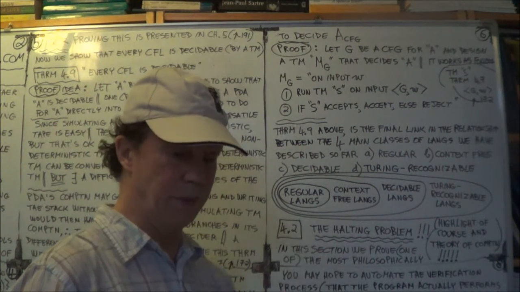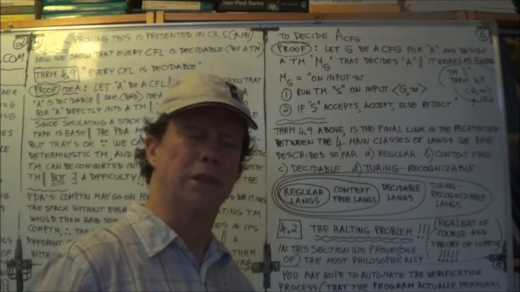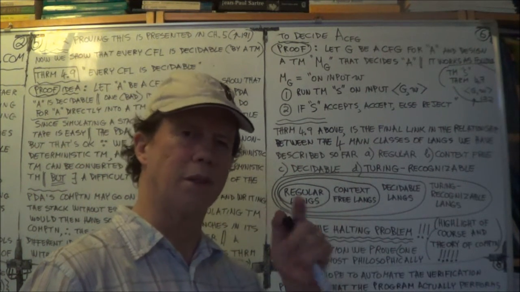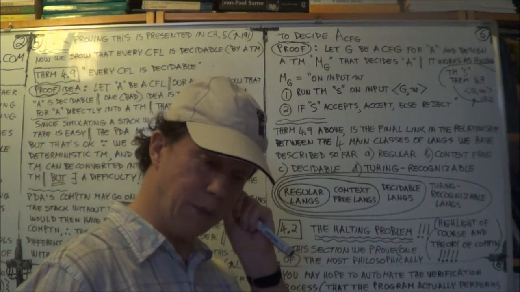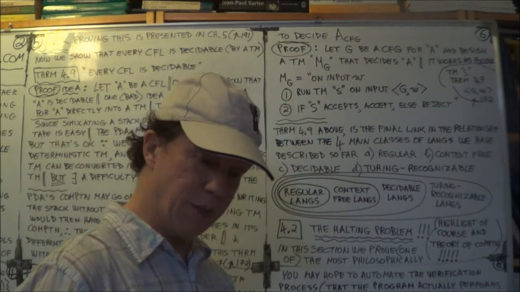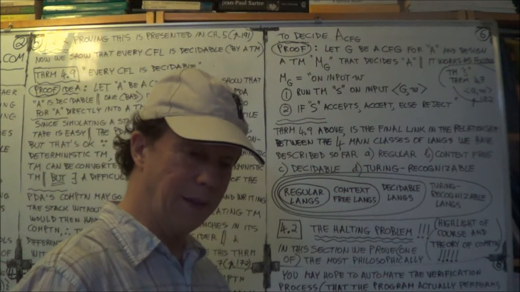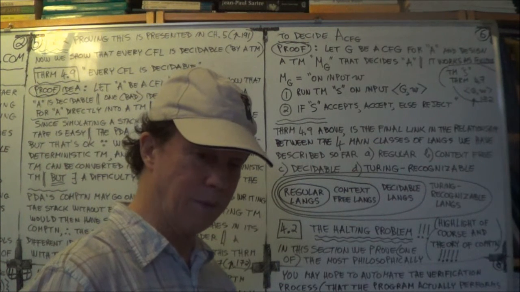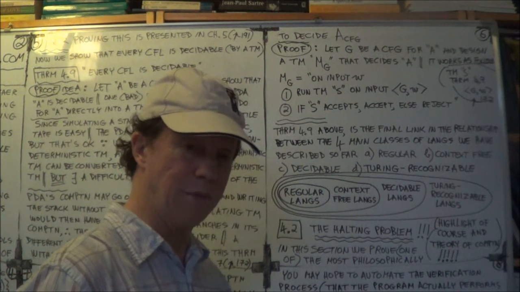Russell, in his tome, Principia Mathematica, he wrote this long tome trying to prove that mathematics can be derived from set theory. And to avoid these paradoxes, he introduced the notion of class rather than set. And a class, I think we're not allowed to have members where the member was the same set. So a class, I think, is